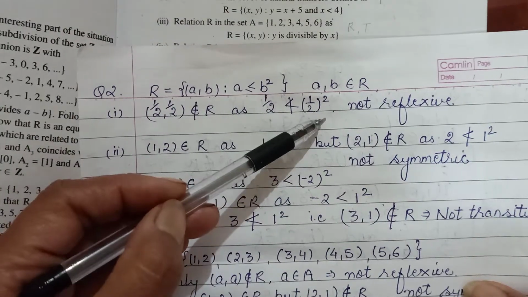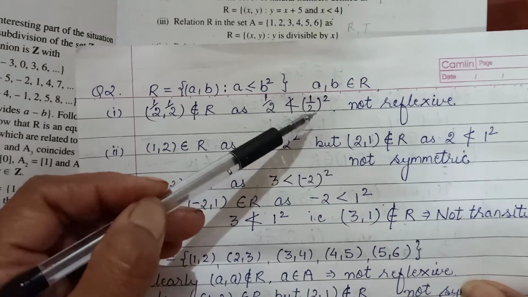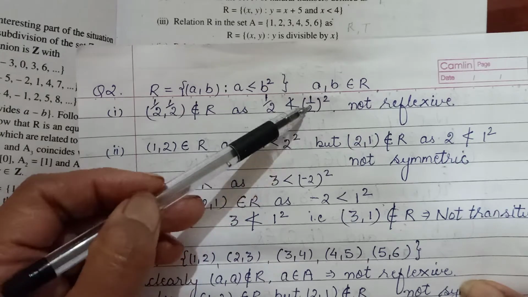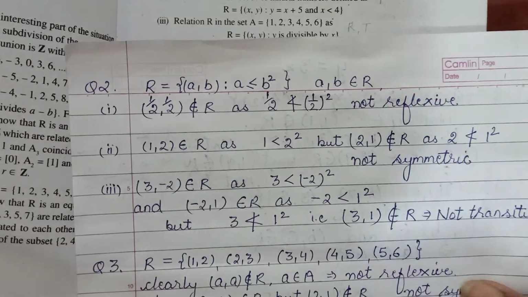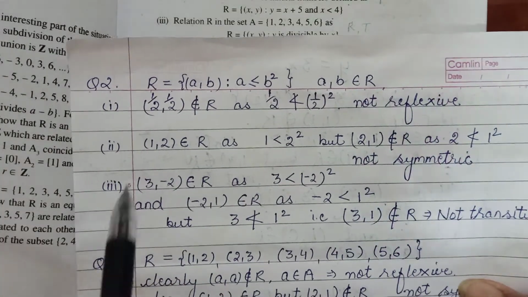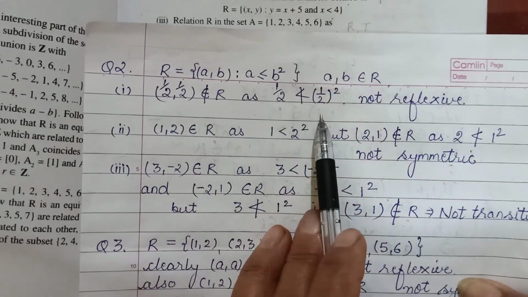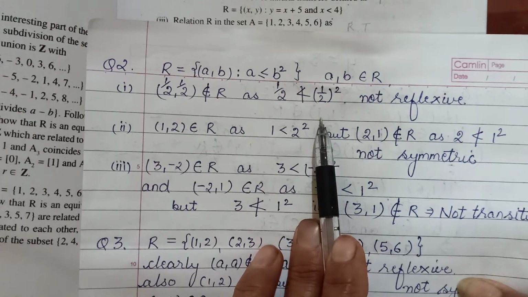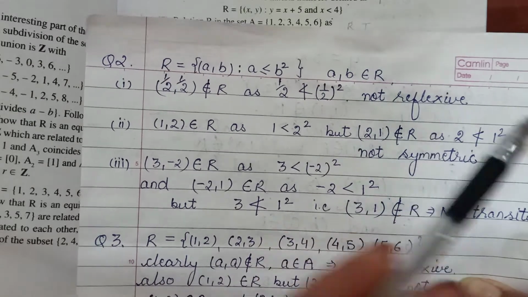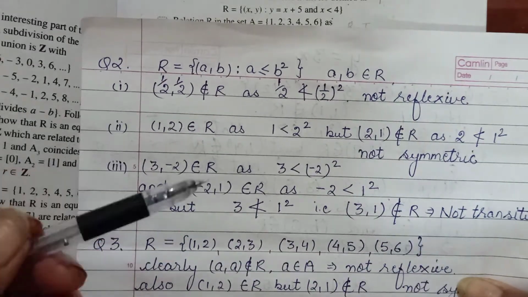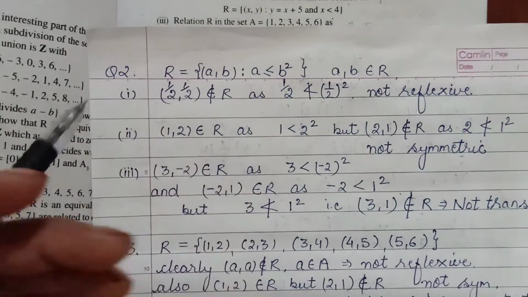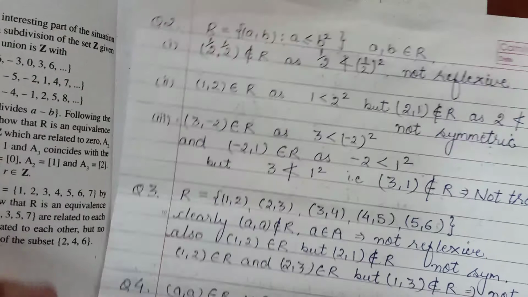1 by 2 का square करोगे तो बन जाएगा 1 by 4. And 1 by 4 is smaller than 1 by 2. It is not greater, right? The bigger the denominator, the smaller the fraction. So, if I took half and half as my a and b, then whatever relation was given is not being satisfied here. So we would say this is not reflexive. Like this. So, जब negative आपको दिखाना होता है, then you can take any one example not satisfying the relation, and that is more than enough.